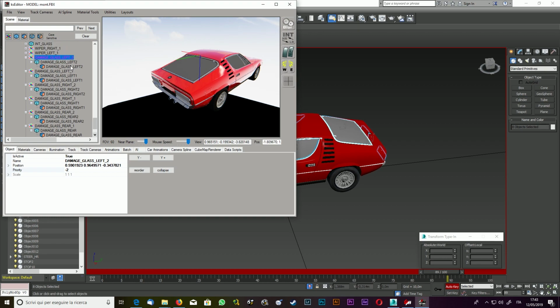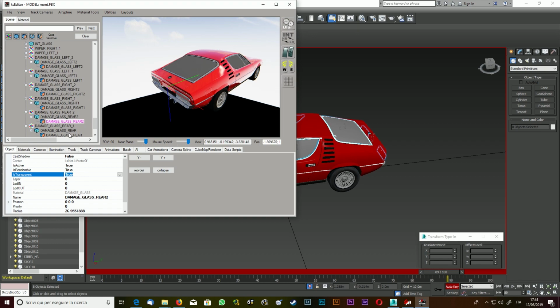Otherwise, you will see a mess when the car hits a wall, and you will see ugly cracks on the glasses. Okay, we select the single damage glasses objects, and for every glass, no matter if it is the internal glass or the external glass of the damage glass, you need to set the cast shadow as false, F for false, and the is transparent, T for true. Okay. False and true. Here again, cast shadow false, transparent true, false true, false true,